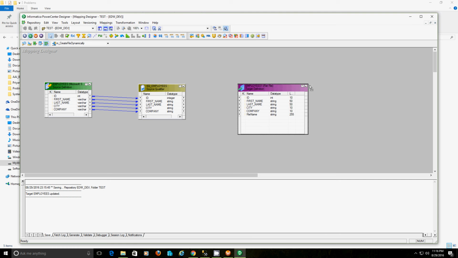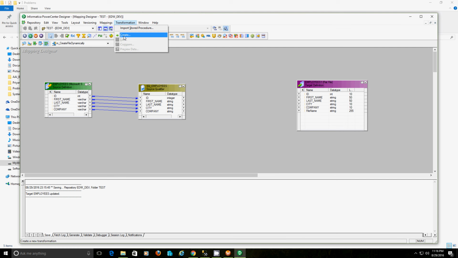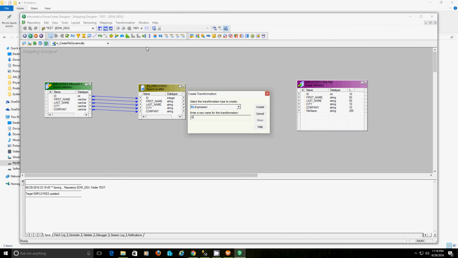We need two different transformations, expression and transaction control.